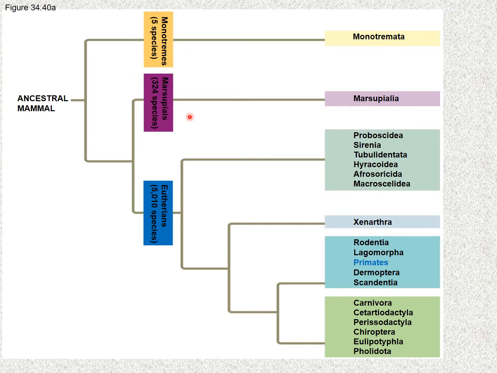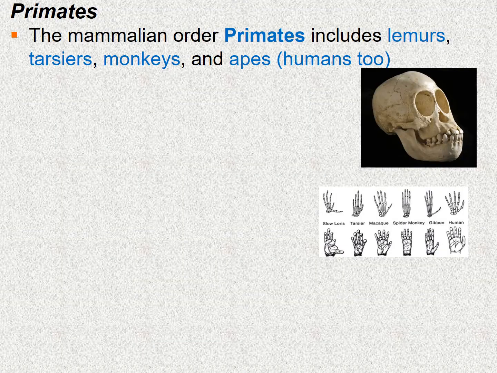And then the marsupials have nipples, but they have pouches where the young are going to fully develop outside of the body. So the marsupials have placentas. The monotremes actually lay eggs. Now the eutherians also have placentas, and this is the group that's really called the placental animals, and includes most of the mammals. And this particular segment will be focusing